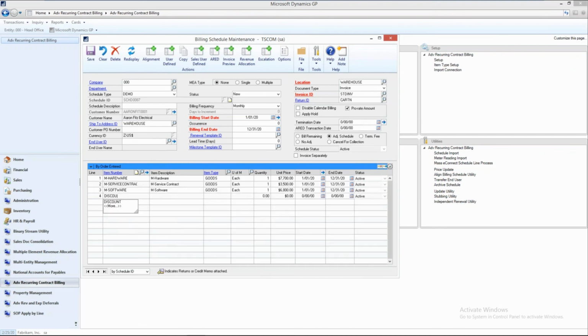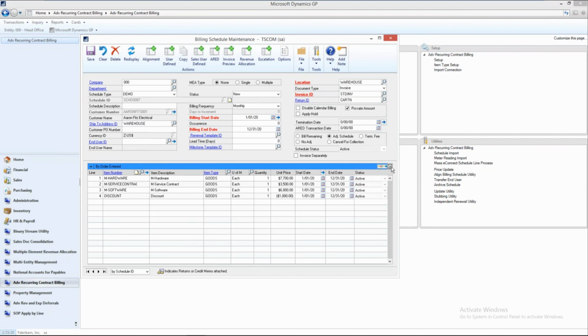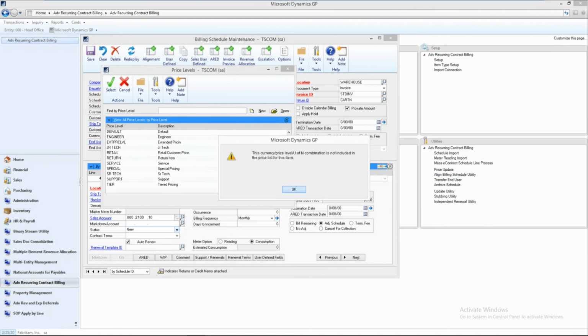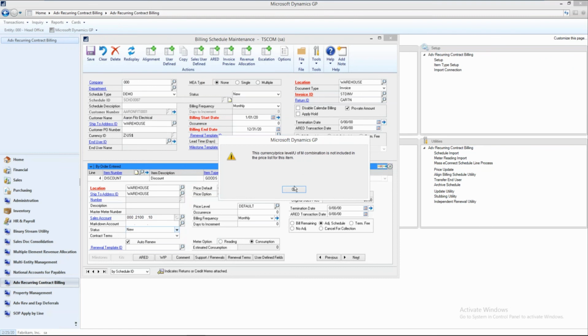So let's say I throw a discount on here, and I come in and I'm going to say, you know, that discount is $1,000. Now, under IFRS 15, I have to reallocate the revenue for all of these so that I'm setting it up so that I'm recognizing the correct amount of revenue behind the correct item at the correct time. So again, if I come into my revenue allocation option,